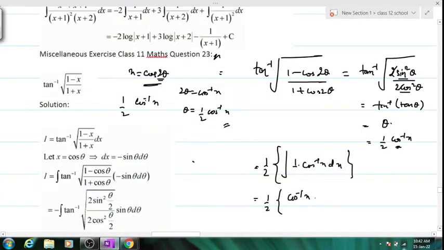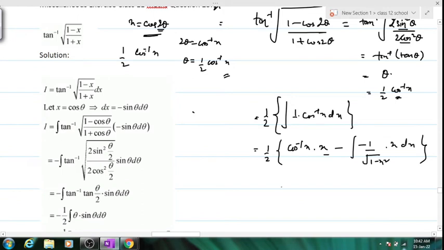We'll have cos inverse x, and integration of x, 1 is x minus differentiation of this, minus 1 by root over 1 minus x square, and out here x. I hope this much is clear by parts. Many of you might have done, you have taken cos inverse x as t, and then x is equals to cos t, then differentiate that thing, again you'll have x cos t integration. You can do it that way also, but this way is also easy. It's like integrating log x.